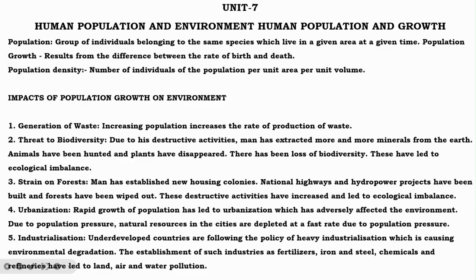Population growth results from the difference between the rate of birth and death. Population density is the number of individuals of a population per unit area or volume. Then the impact of population growth: economic impact, generation of waste, threats of biodegradation,